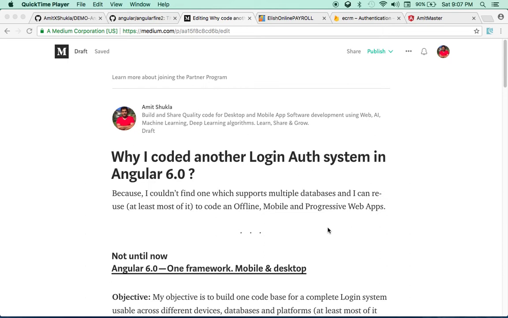Now, if you go to GitHub or YouTube, there are dozens of videos which talk about how to create a social auth or a complete login system for your app. The reason I decided to build my own is because I couldn't find one system which actually works in most of the applications. So for example, I have an offline app which is working with CouchDB or MariaDB or MySQL, and